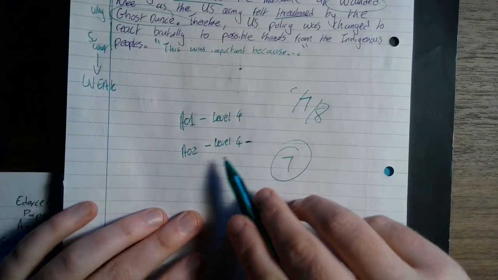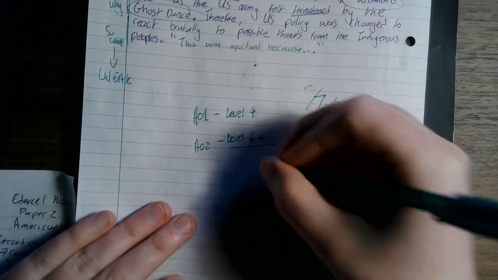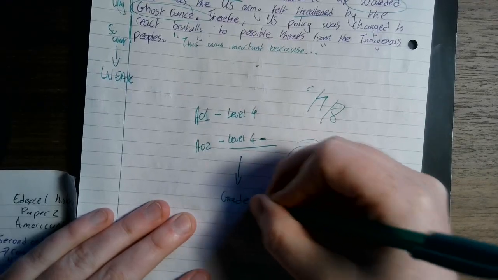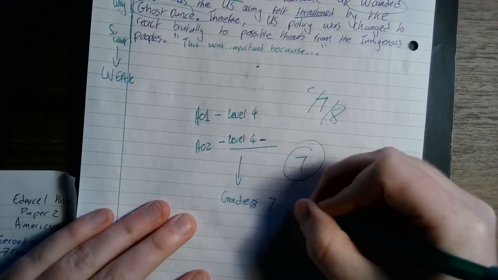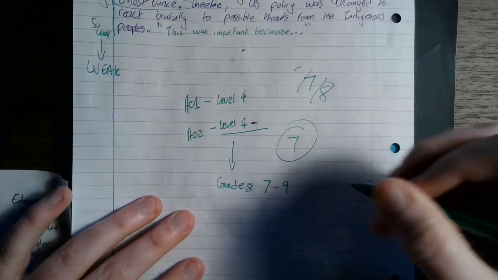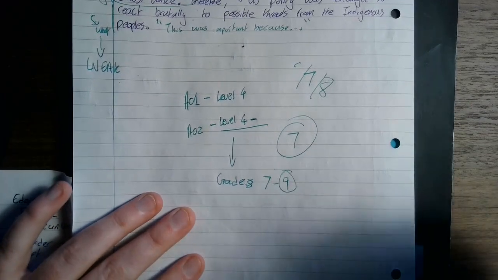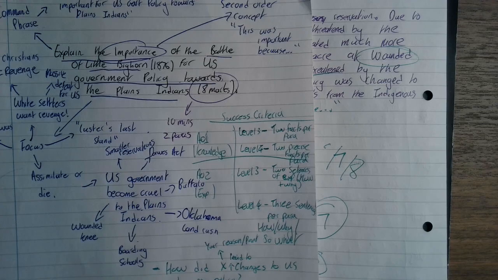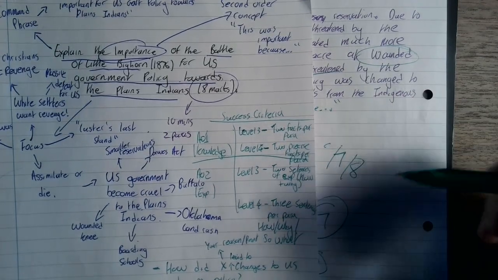The idea here is that if you are constantly level 4 all the way, you are going for grades 7 to 9. And if you are constantly level 4 or level 4 minus, then you will be knocking on the door of a grade 9. So this is why we do stuff like this. If you want to spend time now revisiting the success criteria and self-assessing your own answer,